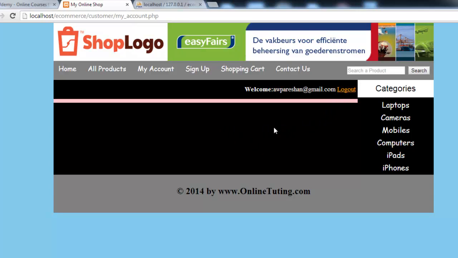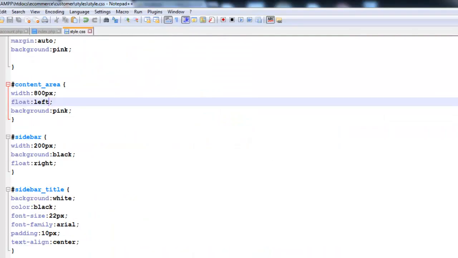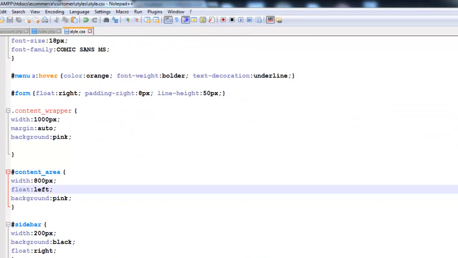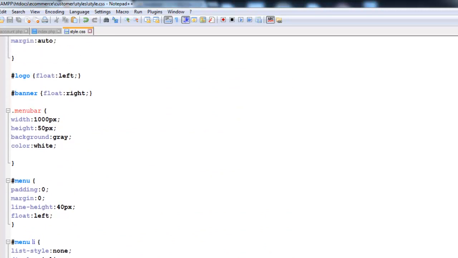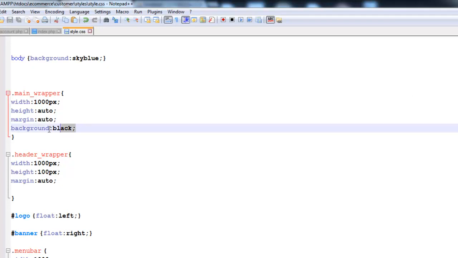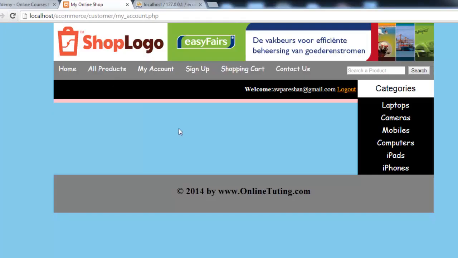So while here I can just remove this black color from here, so I will go to the style for this customer account and we'll just remove this color from here, from main wrapper. Control S to save. I have removed the color. Refresh. Now you can see this thing, but